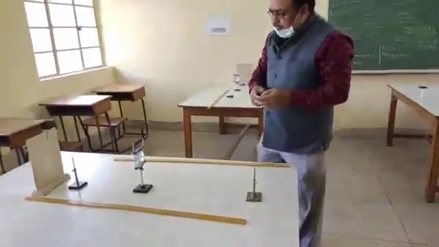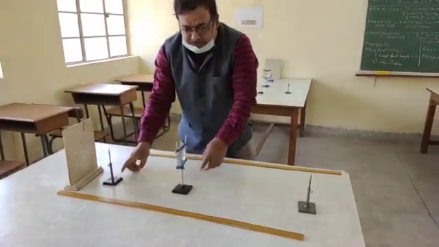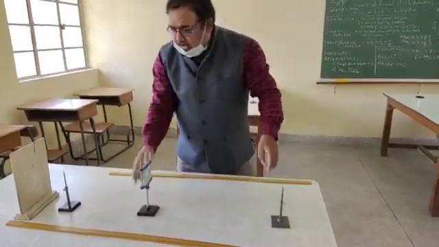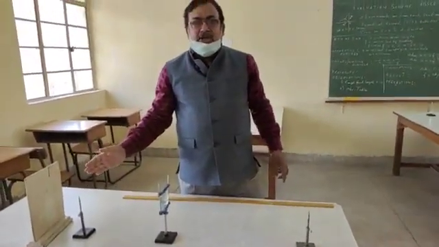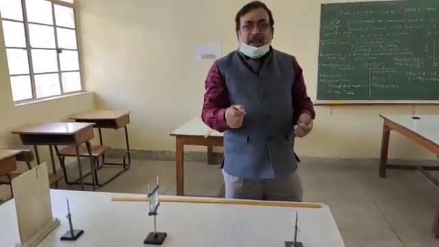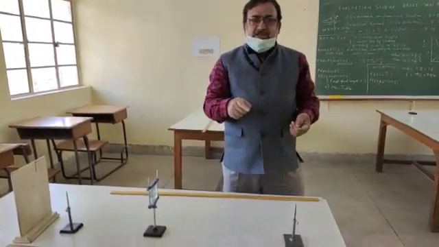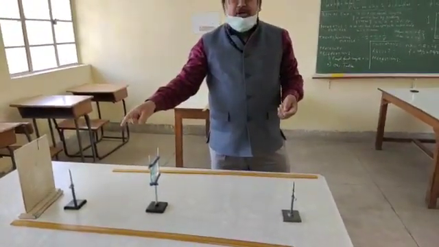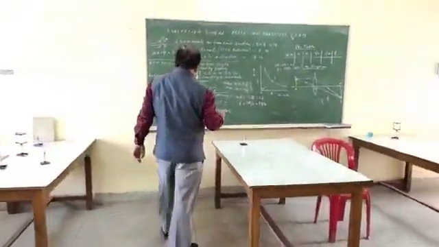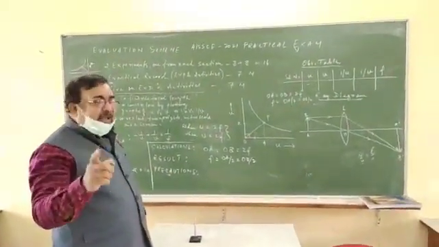Reading means the distance from the lens to the object is object distance u, and the distance from the lens to the image is image distance v. So in this way, by shifting to different positions of the object pin, you can adjust the image beam without parallax error, and you can take the corresponding reading of image distance for the particular object distance. In this way, we can plot the graph. In this case, u is negative and v is positive by sign convention.